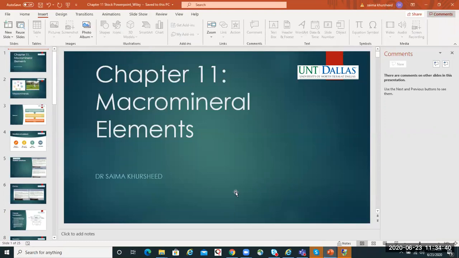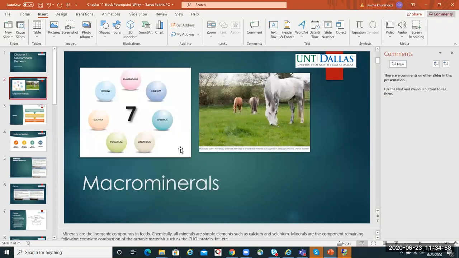So moving to our next chapter, which is macro mineral elements. We will talk about certain kinds of elements that are essential for the well functioning of the animal body. These are the 7 macro mineral elements that are required by the animals to carry on their life